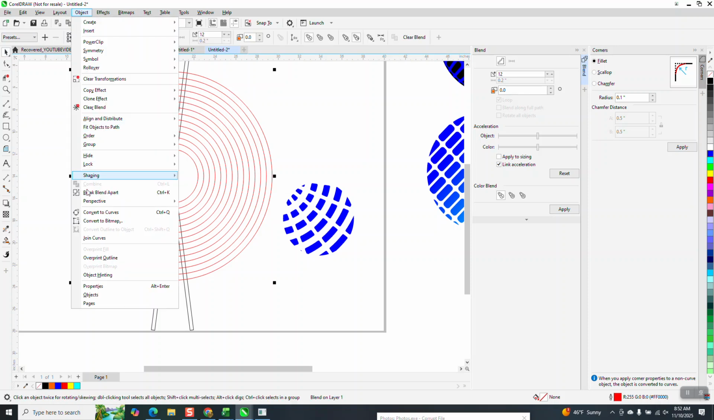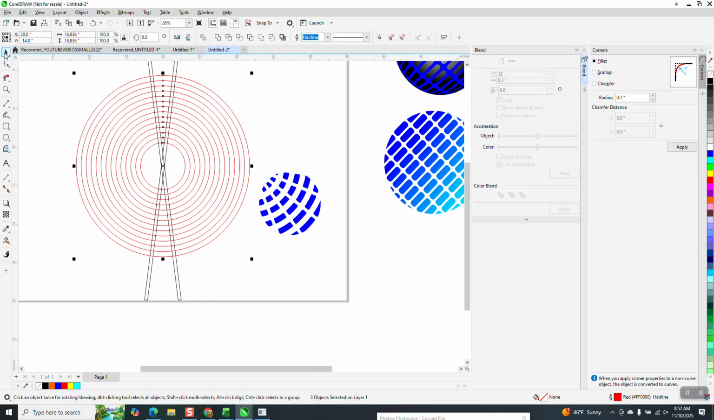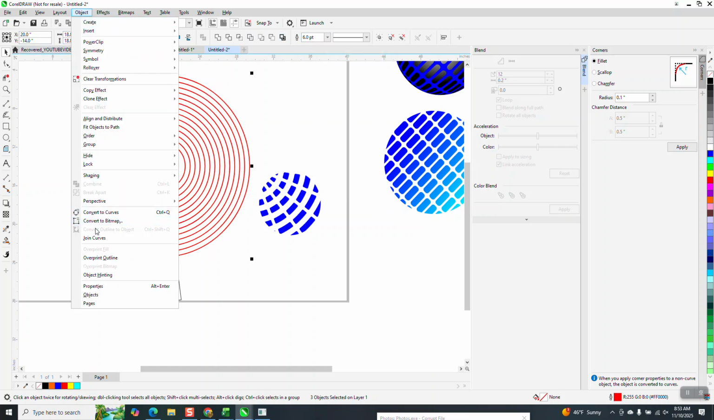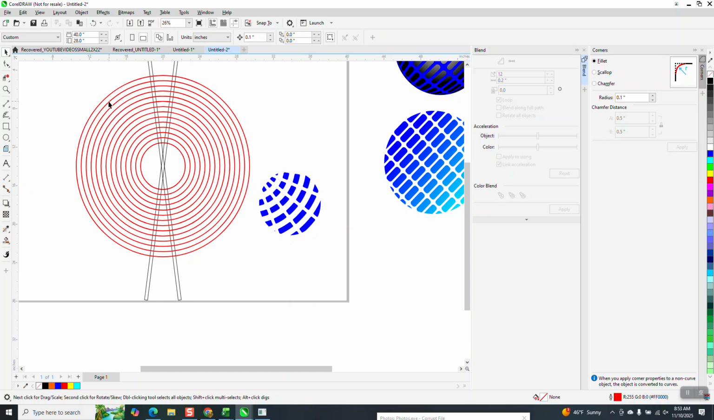breaking the blend apart. And now let's grab all these and make them a thicker line. Maybe a little bit thicker. See, and this is one of those deals between 4 and 8. If you want 6, you just type in 6. Now take those and go to object. We can't convert them to an outline